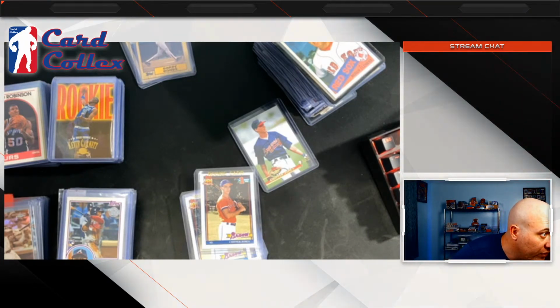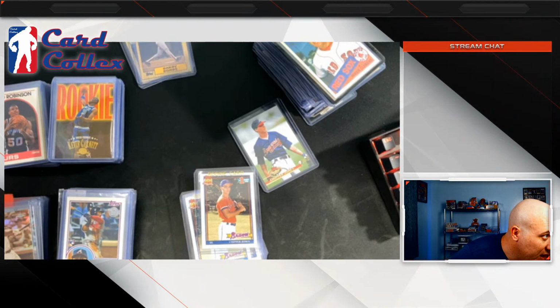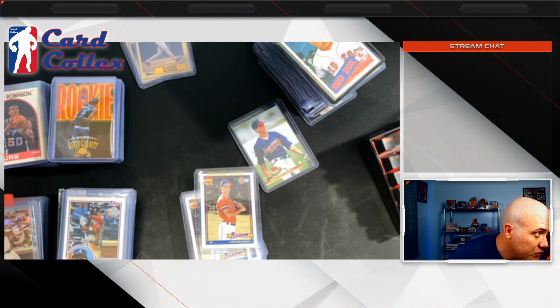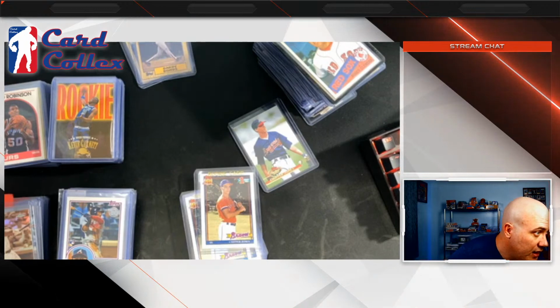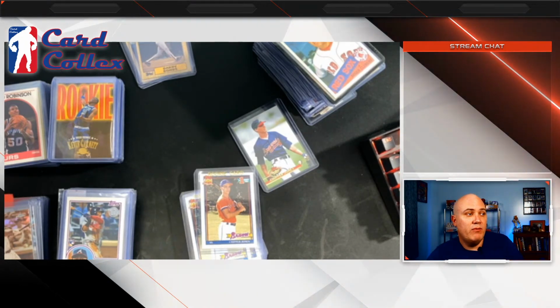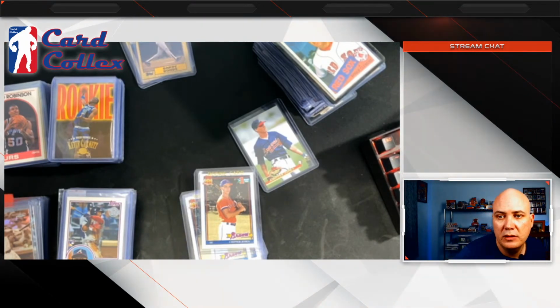It looks like they go for, somebody paid $5.95 for that one card. There's one that went for $10. That's weird. $1.99 plus $3.95 shipping. eBay likes it if you provide free shipping.